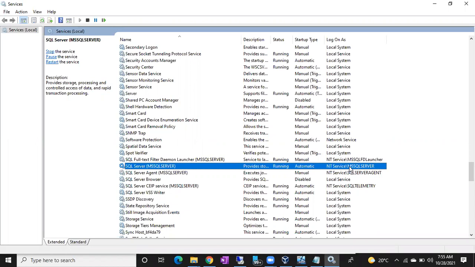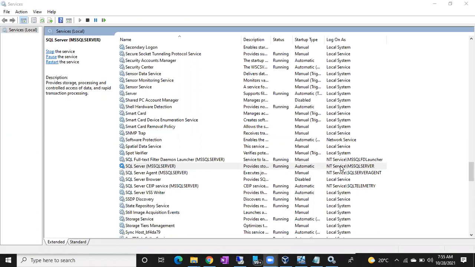Is this point clear, guys? Any doubts, let me know. Okay, so if it wants to write the data to the D drive or E drive or F drive or X drive, it should have permissions on those drives, right? Then only it can access those drives. So this service account, please mute it. This service account will have admin rights.